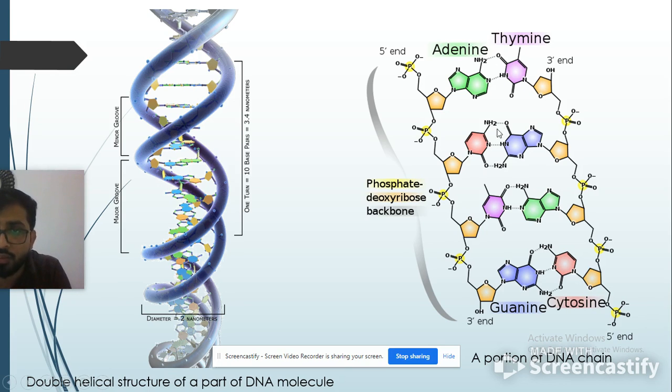Similarly, if you look at this structure, this is our cytosine molecule, and this is our guanine molecule. Here we can see one, two, three hydrogen bonds between cytosine and guanine. So cytosine and guanine are connected to each other through three hydrogen bonds, and these hydrogen bonds form between the molecules, like adenine